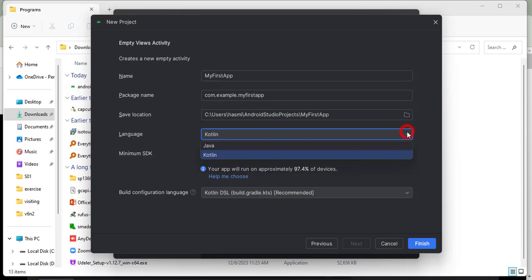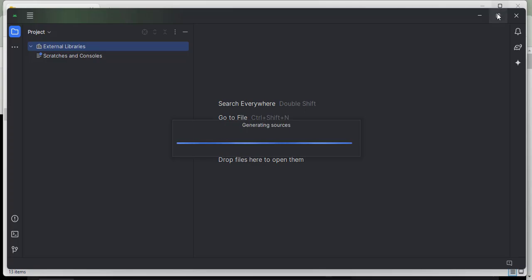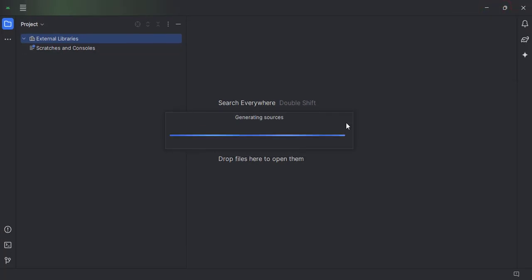Then I can check Java for the programming language. Then no need to change anything. If you want to change the location, you can change the location. So this is the default location. If you want, you can change it. Then click on finish. So this will create a new project for you,